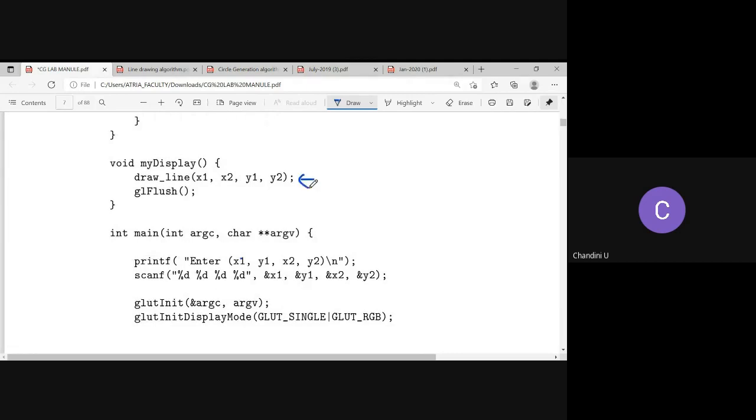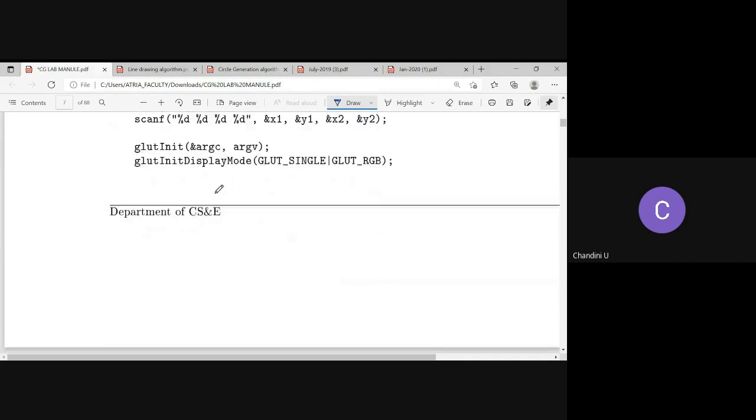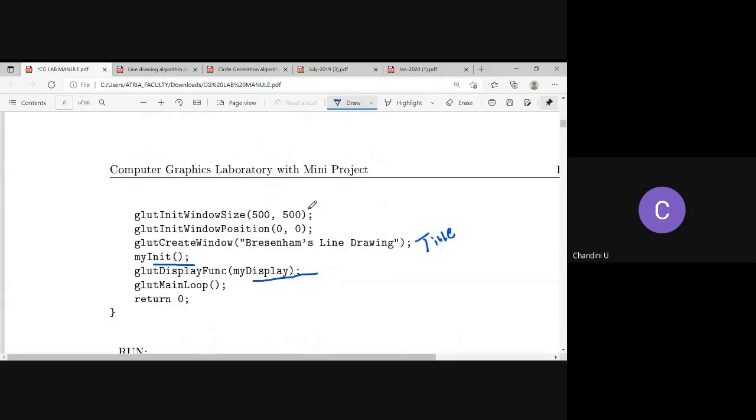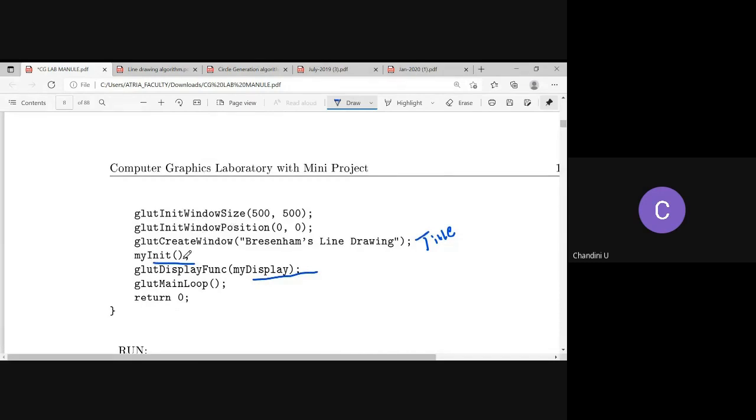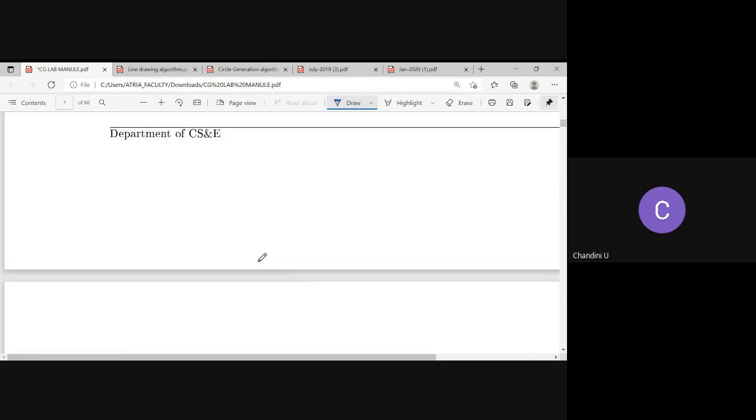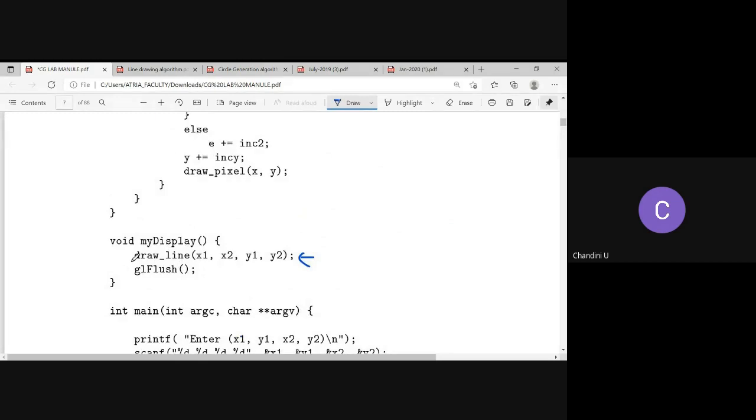This is what we explained, right? From the main function we created the display window. After the display window we called the initialization. In this initialization function we set the background color, projection mode and all, and then we invoke the display function. Within the display function you have the line drawing algorithm function and the control returns here.